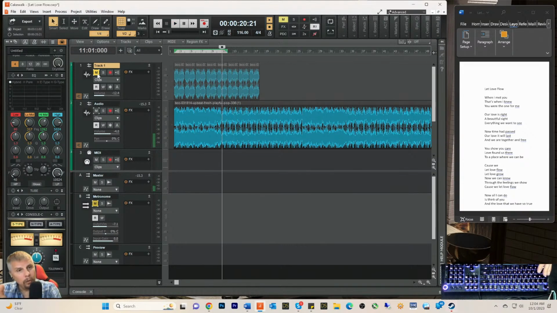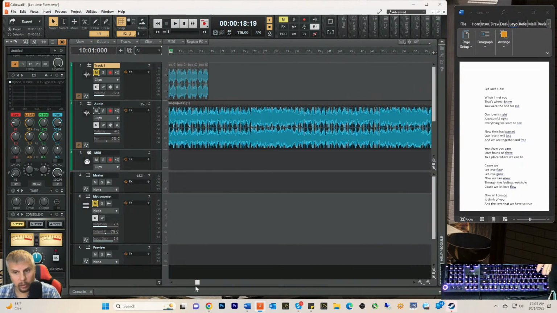So you get different variations of the loop, because this is the loop right here. It starts right here. So that's the loop. It looks like it's 1, 2, 3, 4. So it's 4 bars. This loop, but the thing about this is when you get to this section here,